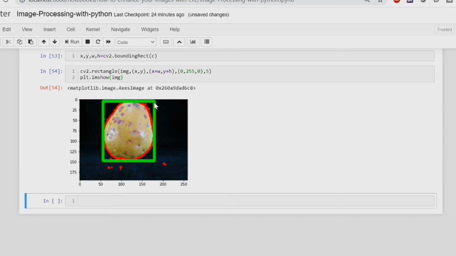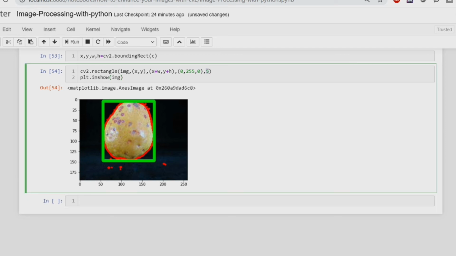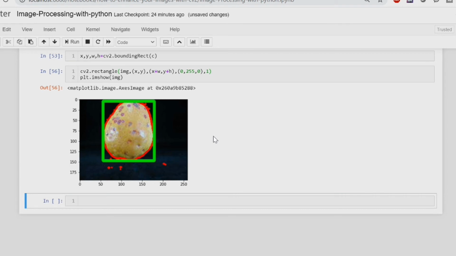If you want to crop your RGB image for this bounding box, you can simply apply a filter on top of your image for the coordinates of this bounding box. So let's create another variable. So I'm going to write cropped image, and there we are going to give the image, and then you want to keep the values in y from y to y plus height, and on x you want to keep x to x plus width.